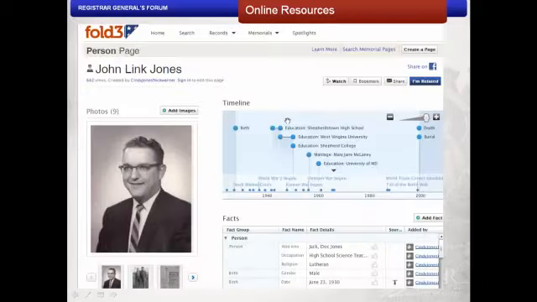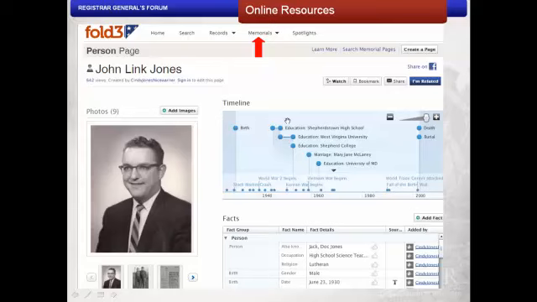Fold3's strong suit is military records from the National Archives. Memorial pages are a well-kept secret. A Fold3 subscription is not required to create memorials, but you must complete a free registration in order to create and contribute. Once registered, you have access to one of the most interactive genealogy sites around. Fold3 has taken connection and collaboration to new levels.